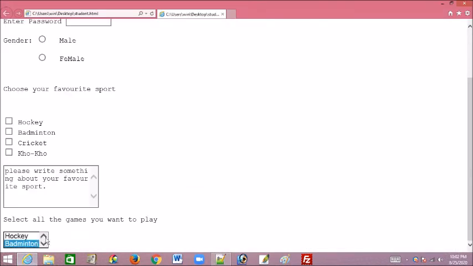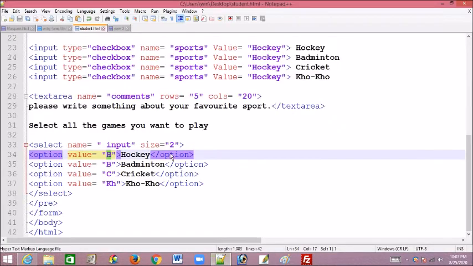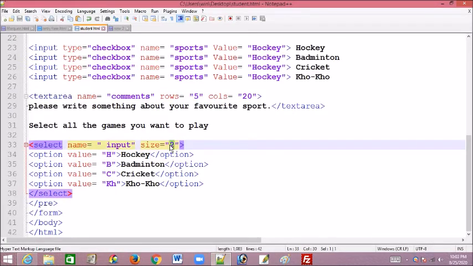But see, we can see at a time only two options. Now we can see hockey and badminton, no? I'm just clicking on the down arrow, we can see badminton and cricket. Now we can see cricket and kho, right? Only two are displayed at a time. That is because of this size 2.